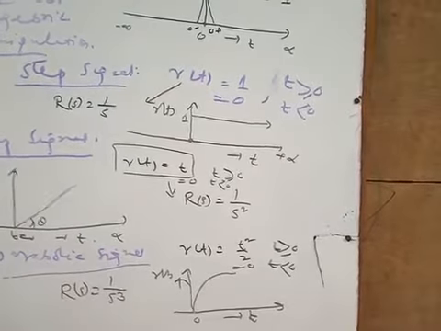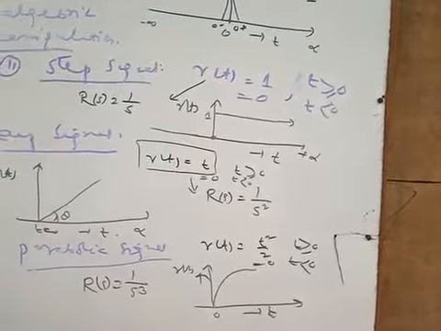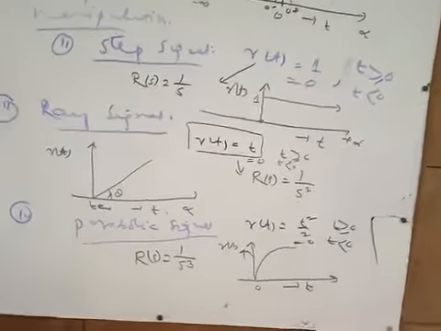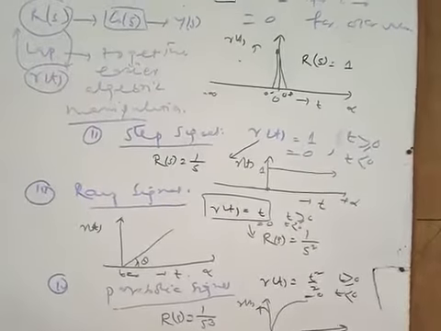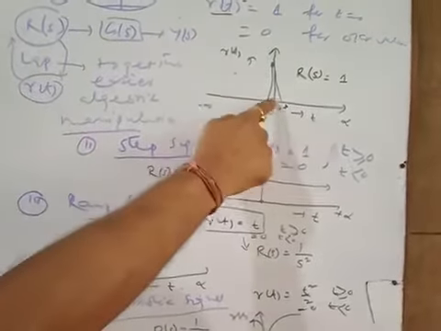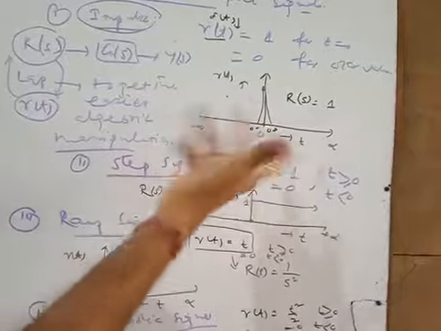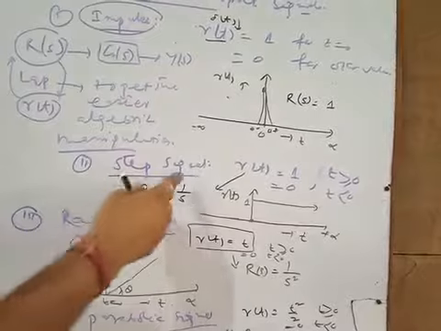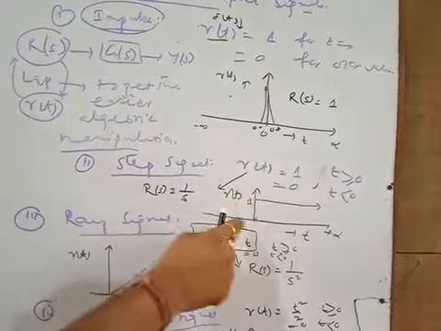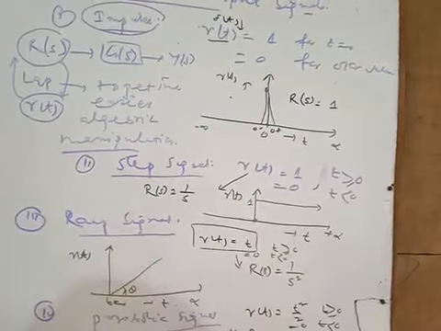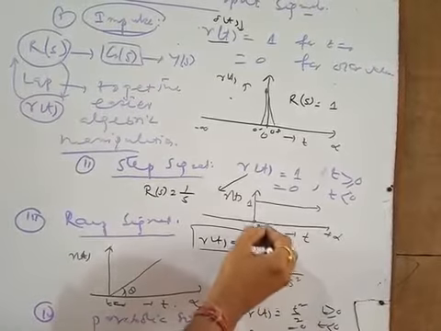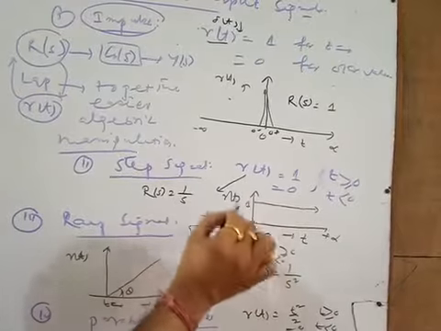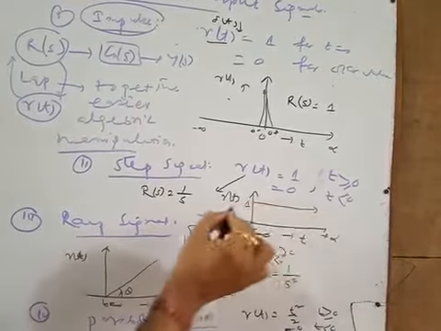So you see the nature of the inputs. Already I have discussed the different kinds of inputs for any kind of process, that is shocking. If the input is like a shock, what happens? Suddenly you get one and nothing else before and after that. So that is a kind of shock, and that is a step signal. Sudden change is like this. At t is equal to 0, you see there is a sudden change from 0 to 1. The magnitude suddenly changes at t is equal to 0 from 0 to 1 and remains the same, right?